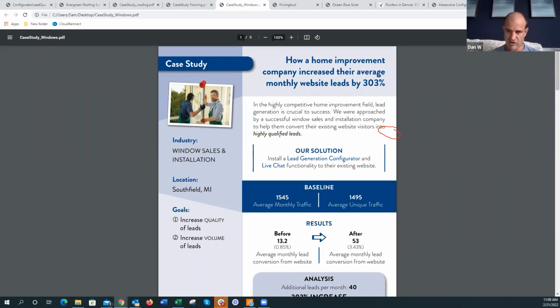Augusto said, is that a phone call? What is a lead? What is an appointment? And what does that look like, Sam? If you were a client, I'd say, you tell me what a lead is. We don't deal with phone calls. Somebody has to fill out the form and go through the configurator. So on this site here,